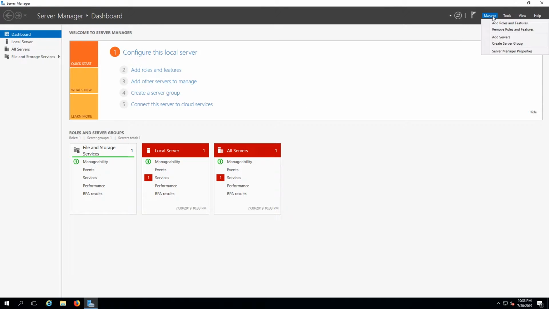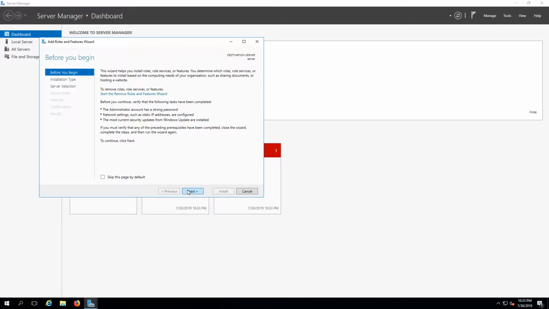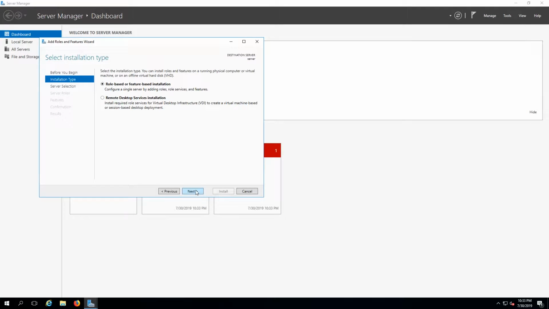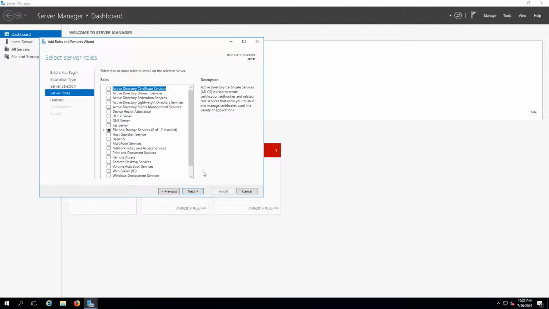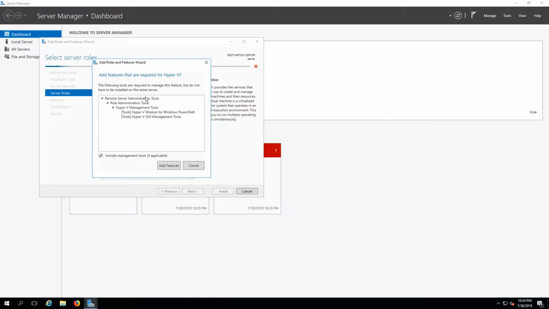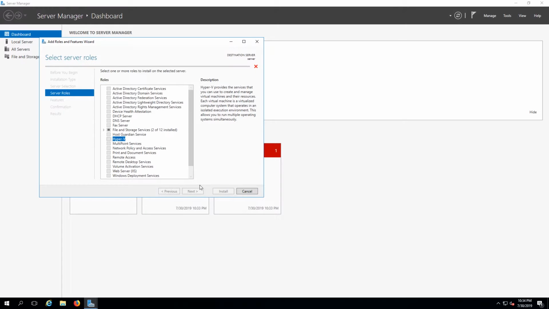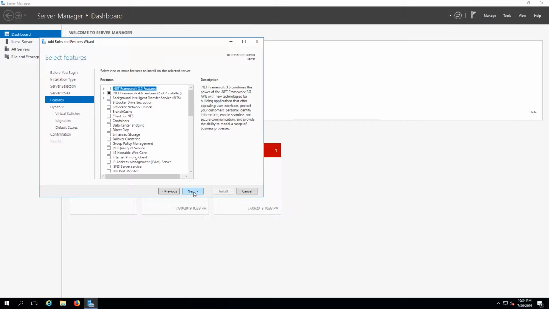Right here, we need to click on Manage, Add Roles and Features, Next, Next. Right here, I'm going to leave Next. Okay, and right here I will select Hyper-V, and I'll have to install additional features that is recommended. So I'm gonna click Add Features, and I will click Next, Next,